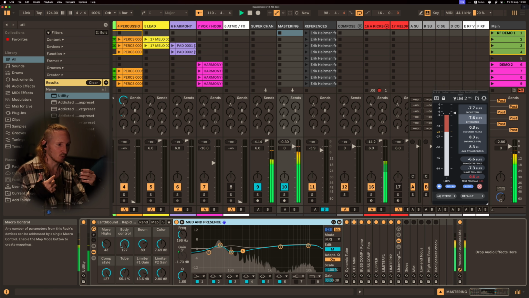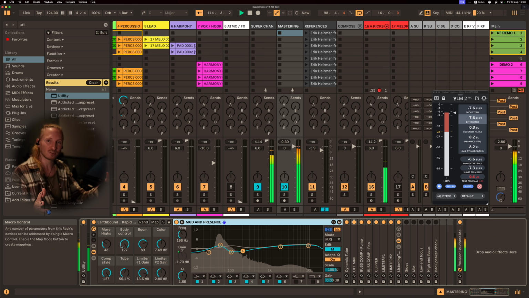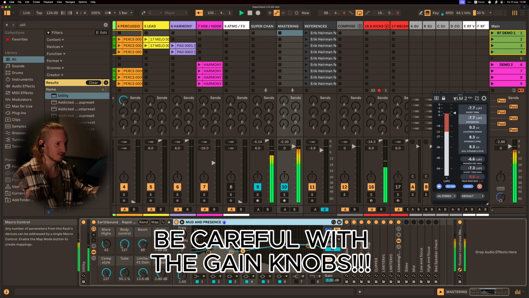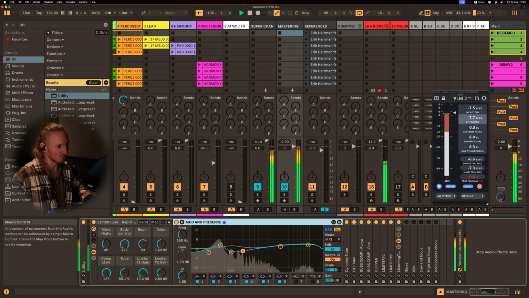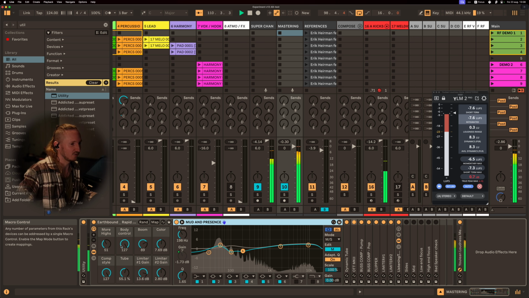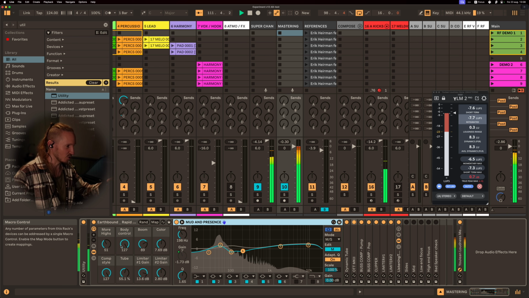It's so easy, for example, when using mid-side processing, to absolutely destroy a mix, and if you don't have a good speaker system, you will not hear that you're destroying it. So I made this in a way that you can turn all the knobs in full and it should still not kill your mix. But of course, if you add way too much highs, no one wants to listen to it. So be careful, drive safe,